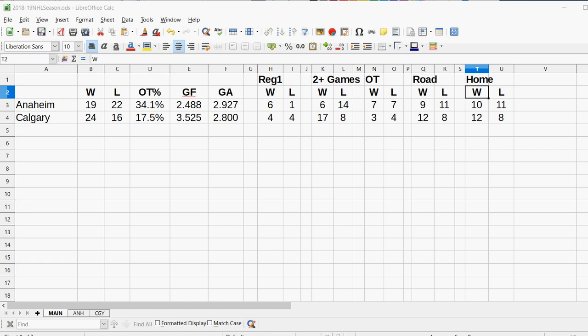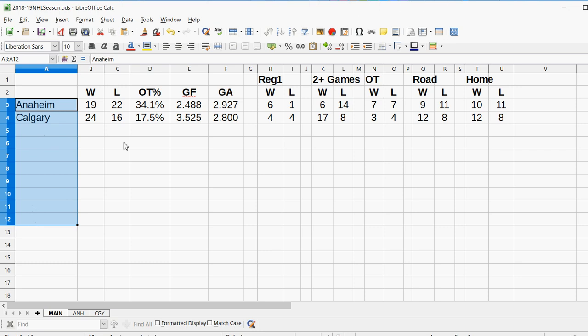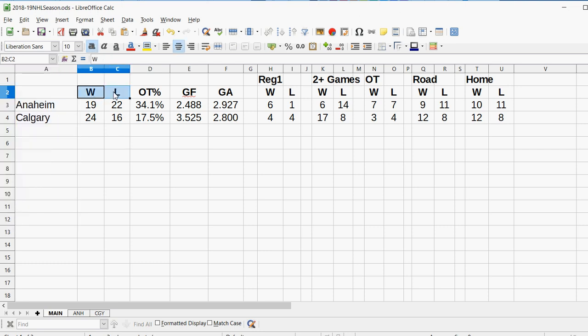Hello and welcome, and I'm going to do a spreadsheet tutorial video, I guess. Within this, I'll talk about how I'm creating this, which is to give me statistics amongst the National Hockey League. What I'm going to do is insert all 31 NHL teams within these columns and get your basic win-loss record,